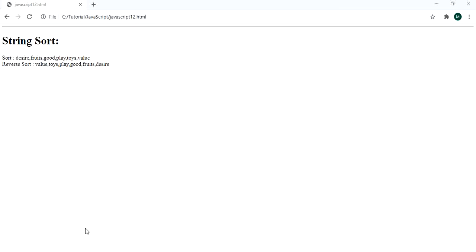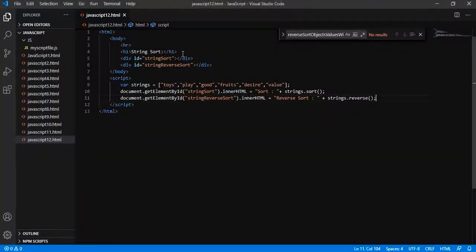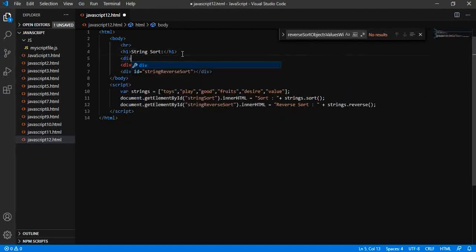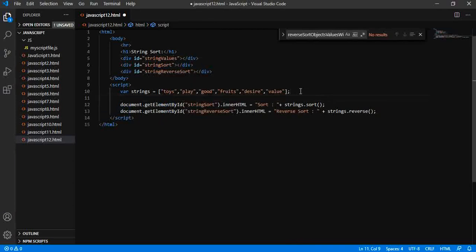Let us also print the original values. Let us run.